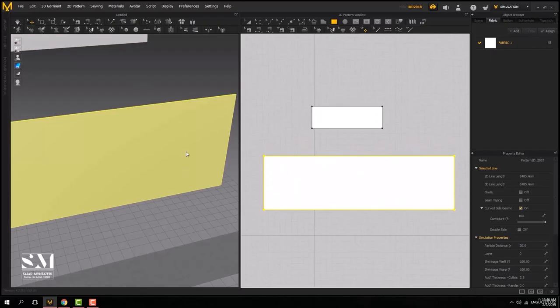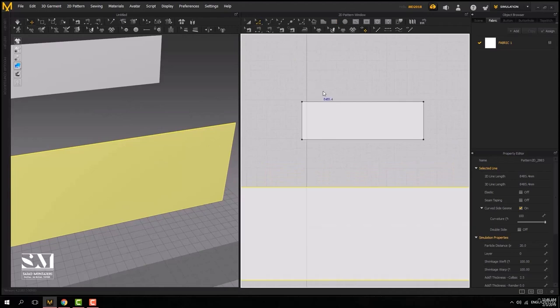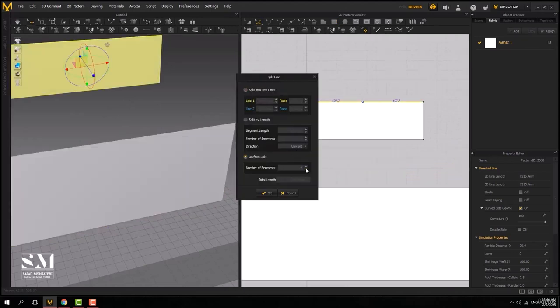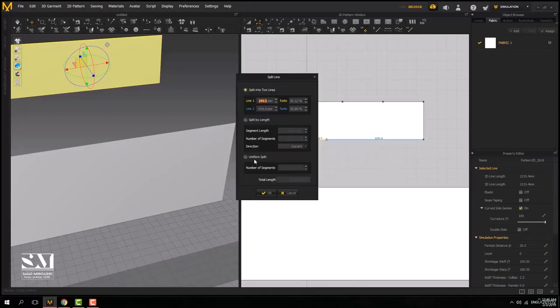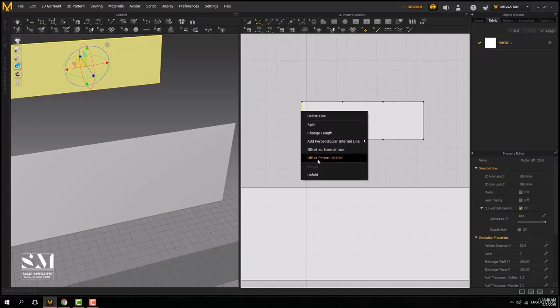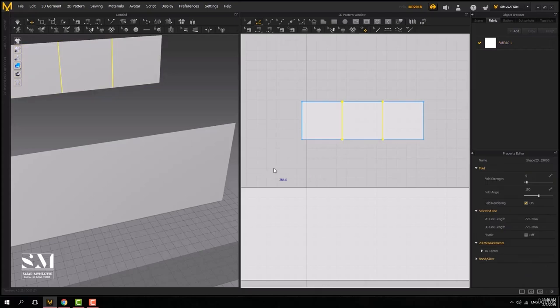So here I have another one, and I'll set this selection to 3 and click OK. And for the bottom edge, I right click split and set these to 3 as well and confirm it. I check and see this side measure 405.1. I select it, right click, offset as internal line, set it to 405.1, number of divisions 2, and click OK